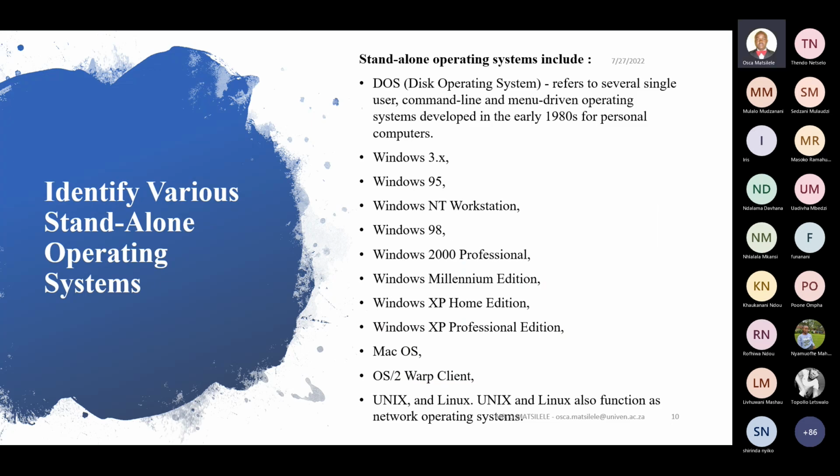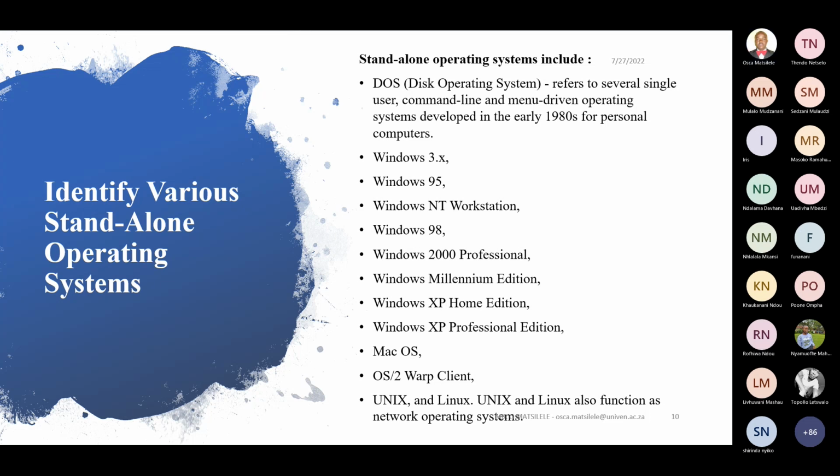So, identifying various standalone operating systems. These operating systems include what we call DOS, which is Disk Operating System. We also have Windows 3.x, so it's 3.1, 3.2, 3.3. Nowadays most people are no longer using this one. Windows 98 and Windows NT Workstation, Windows 95, 98, Windows 2000 Professional, Millennium Edition, Windows XP Home Edition, Windows XP